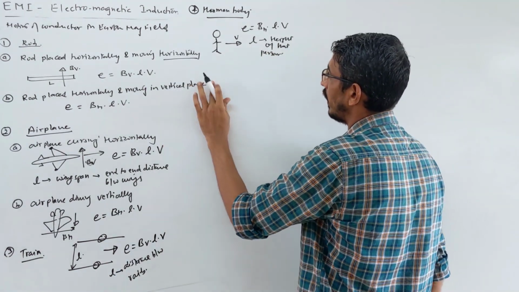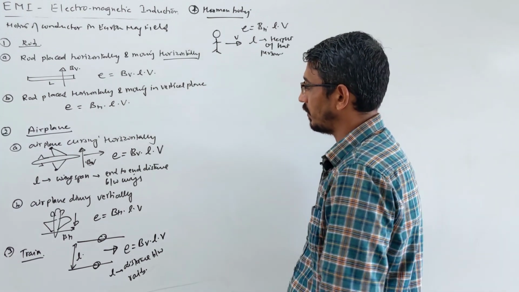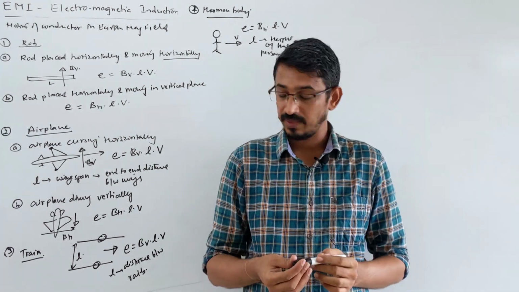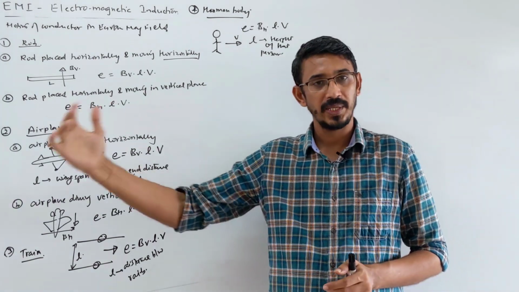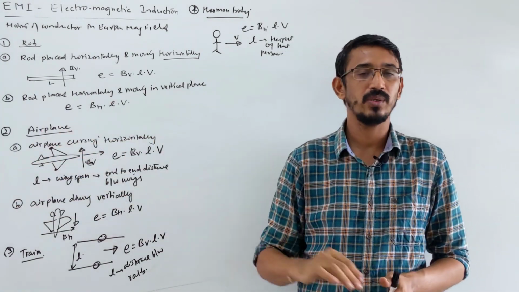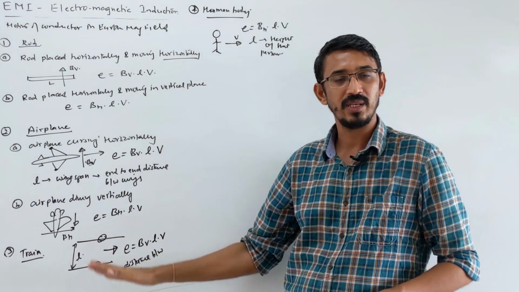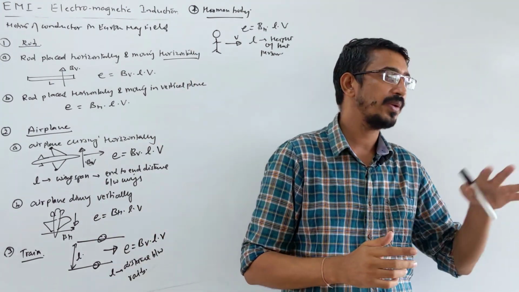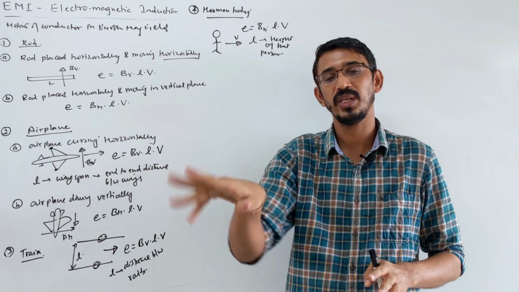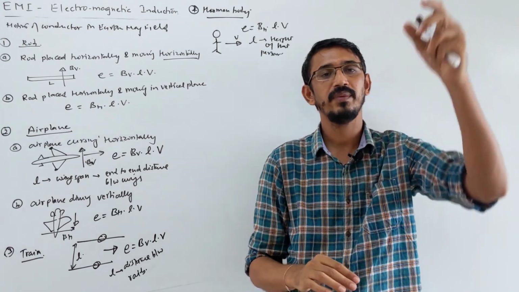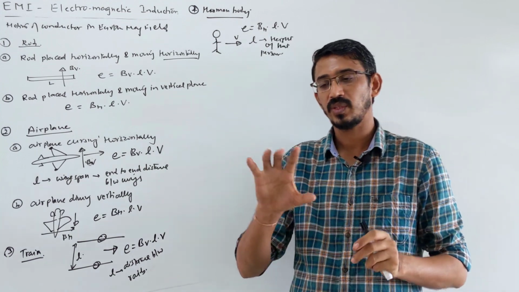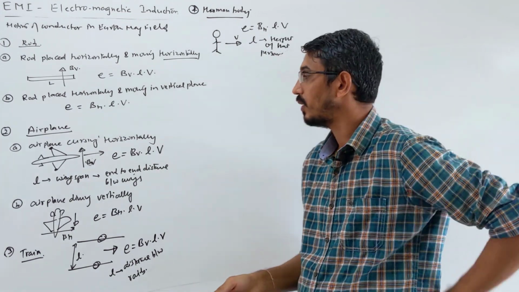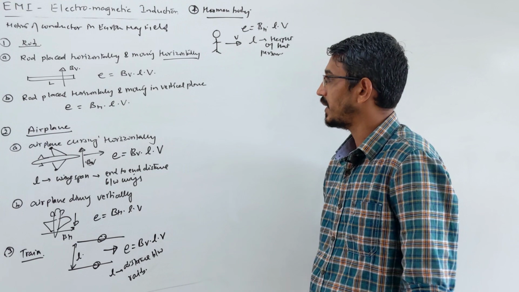Now after this we'll talk about, like I said, the three types of EMI we have. Static means self-induction, mutual induction, which we have already done. This was dynamic or motional. Now the third type is periodic, which we talk about when something is rotating, okay. We will see the example of a generator or dynamo where the coil will rotate, okay. But here we have one more case also.